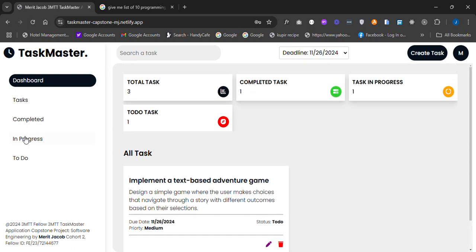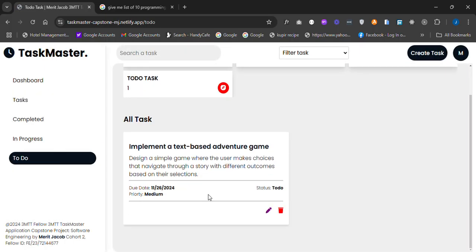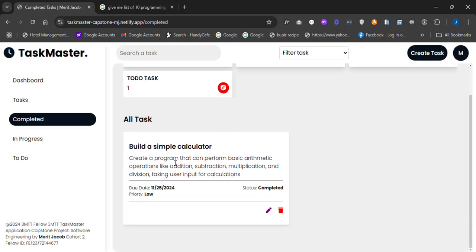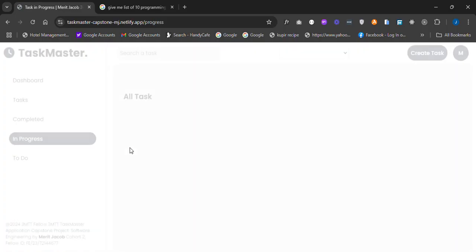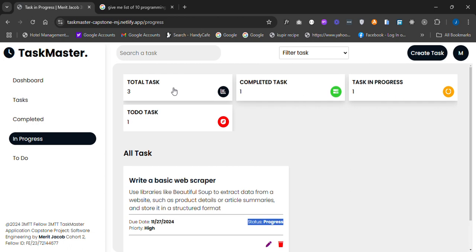On our sidebar, you can see a side menu for to do tasks, to see tasks that are to do. You can see we have just one task for to do. If I go to completed, you see we have one single task for completed. If I go to progress, we have one task for progress, same showing on our dashboard as well. Then if I go to all tasks,